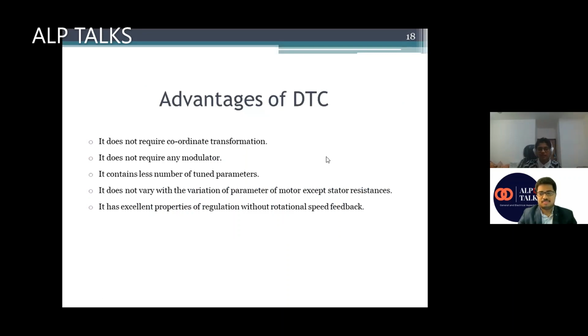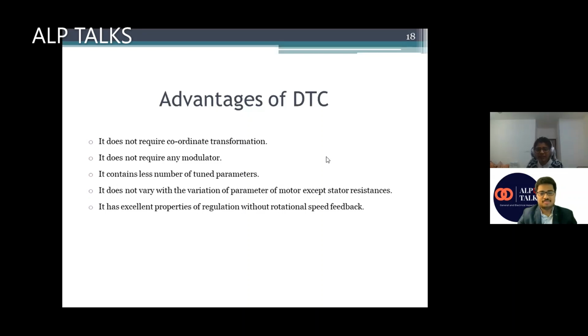So first we'll see what are the advantages and disadvantages of DTC, why we are using it. Firstly, it does not require any coordinate transformation. It is very easy to implement compared to other methods, and it does not require any modulators, or if required,